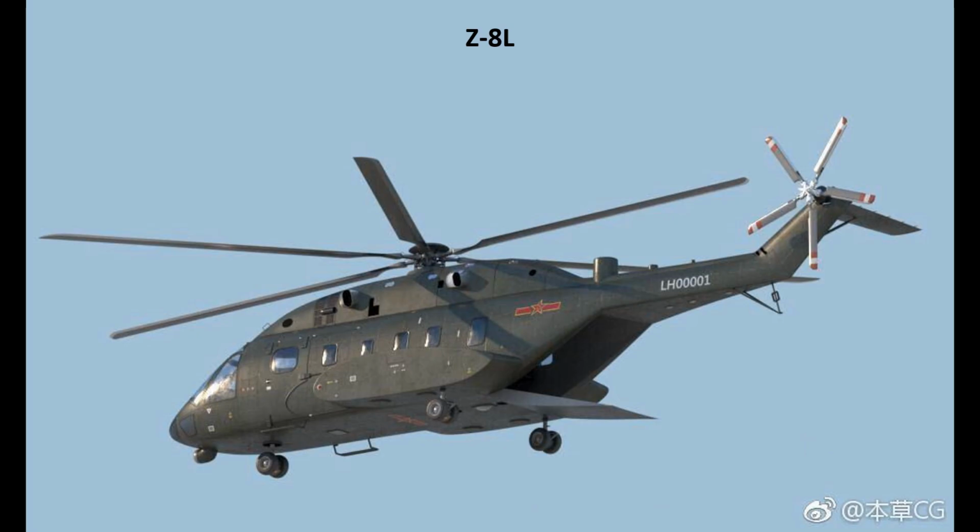A derivative of the Z-8G is the Z-8L. By removing the underfloor fuel tanks to the side sponsons, the Z-8L has larger height clearance for internal cargo. This is particularly useful for vehicles or large logistics items, as internal carriage will allow a faster transit speed for the